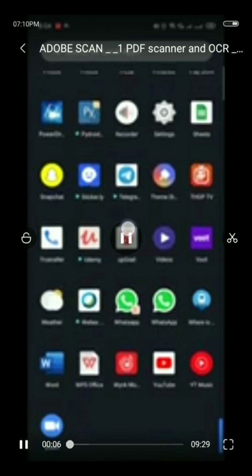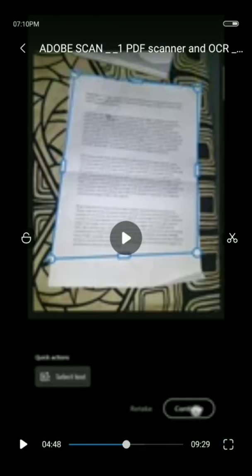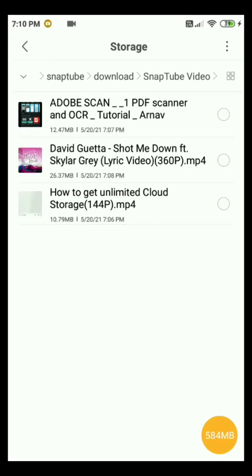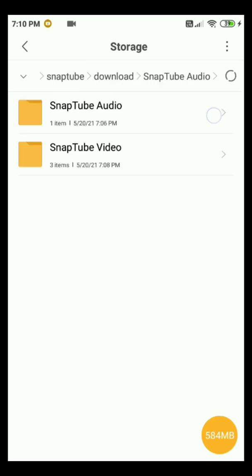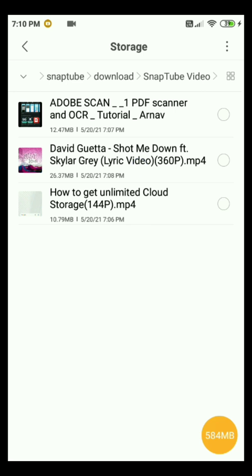And also, as you can see here, the audio file has also been downloaded. So if you want to download many music files on your mobile phone, don't just select the video file, because quality will reduce. Just go to mp3 download.